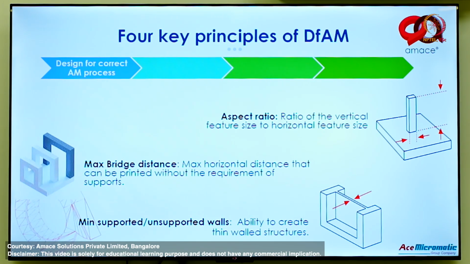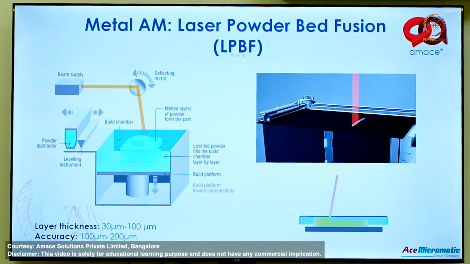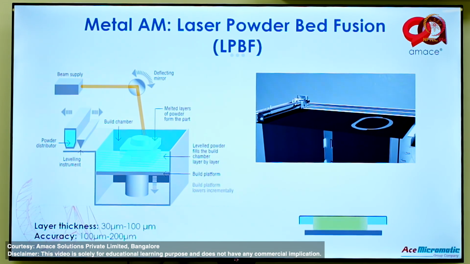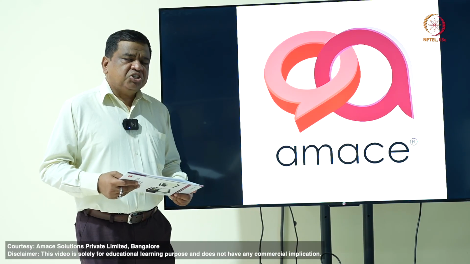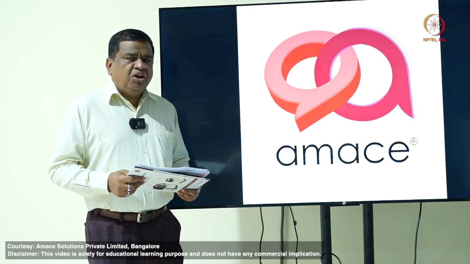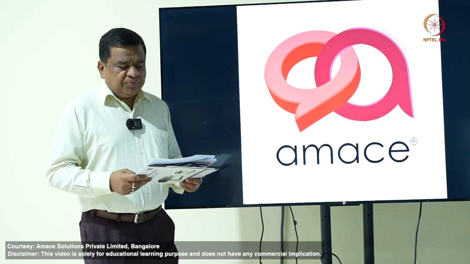And we'll start with the build preparation, to show you how design for additive manufacturing is followed in the pre-processing stage to prepare the machine readable format of this build. Then it will be followed by a demonstration of the different types of machines, particularly the most widely used machines in different research labs as well as the industry. That will be followed by post-processing steps like heat treatment and grit blasting.